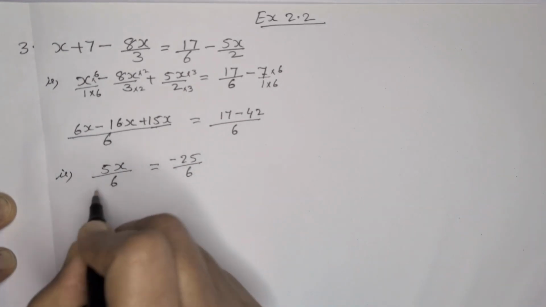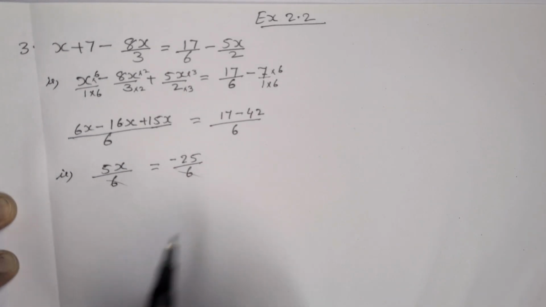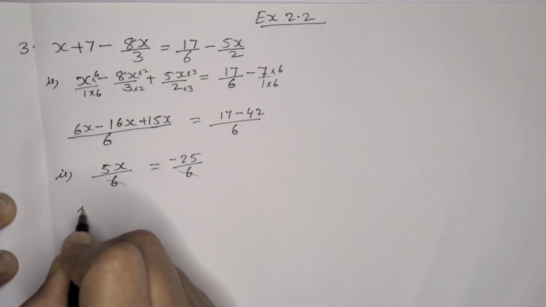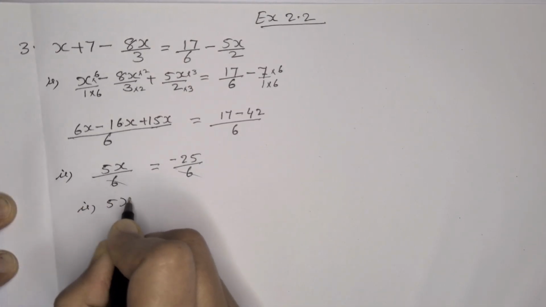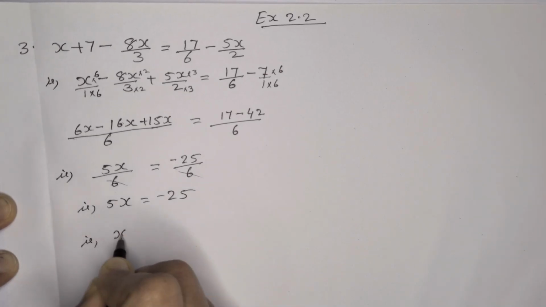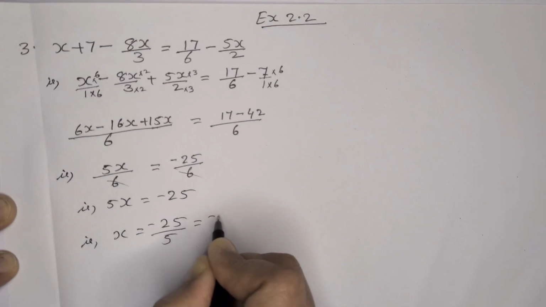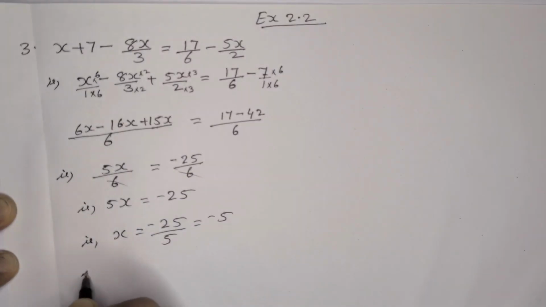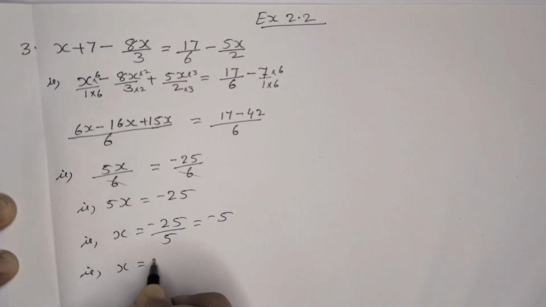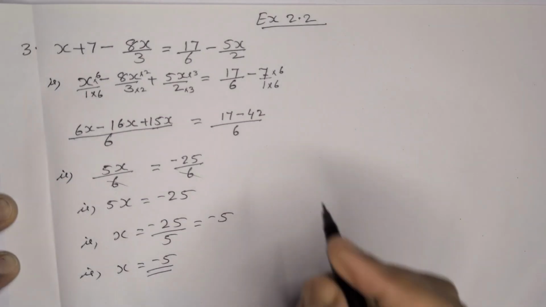We can cancel 6 in the denominator on both sides. Here we are getting 5x is equal to minus 25. That is, x is equal to minus 25 by 5, which is equal to minus 5. Value of x is equal to minus 5. Now we got the value of x. Then to check,